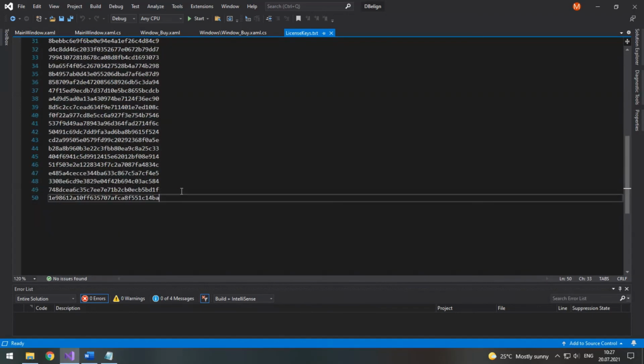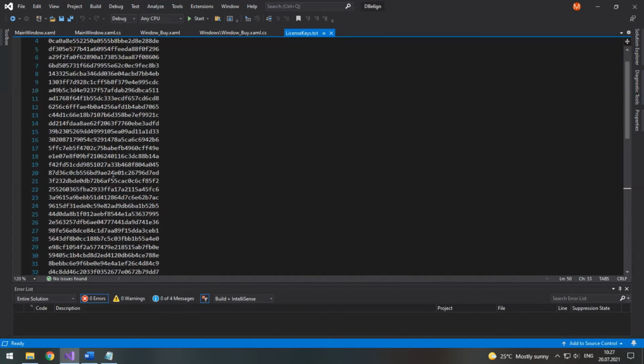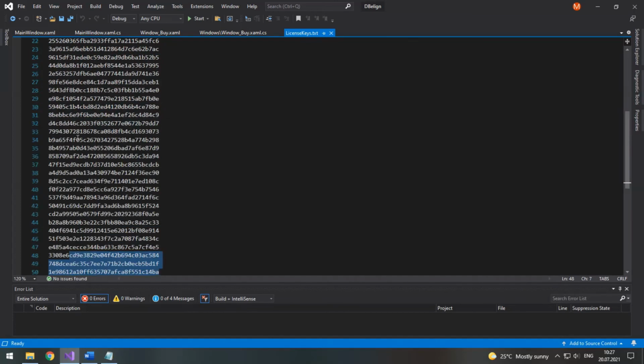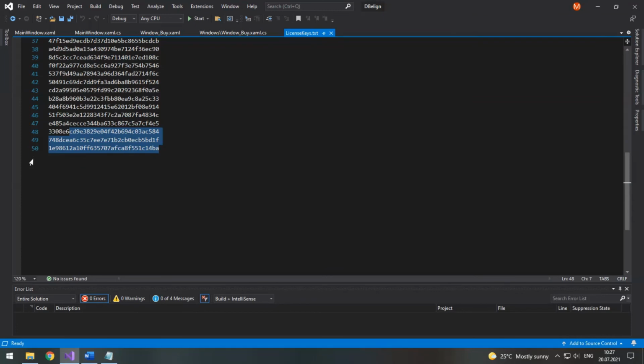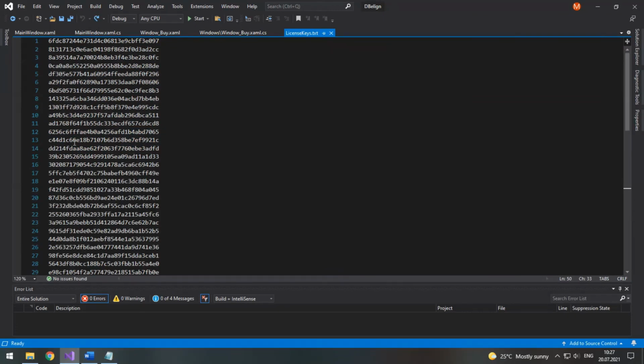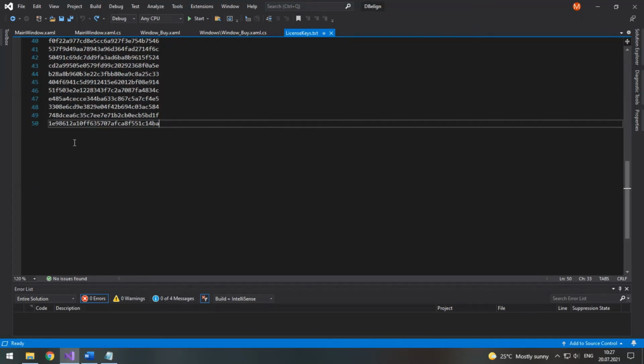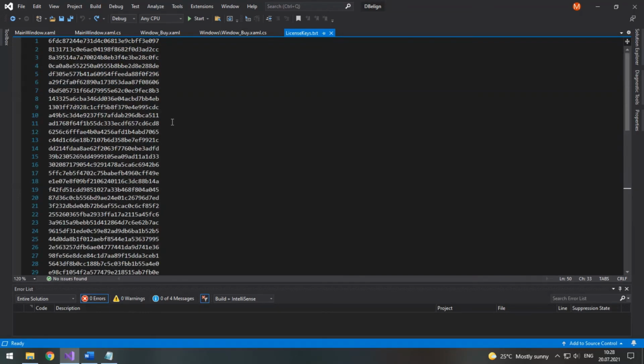So imagine the situation when you sell 50 keys or just deliver 50 license keys. When you get the 51st request to get the key, you don't have enough. So how to solve this problem is just to make an update, introduce a new function, and provide some more keys. And if you know that some keys are already abused by different people, you can also just remove them from the list. So that's it.